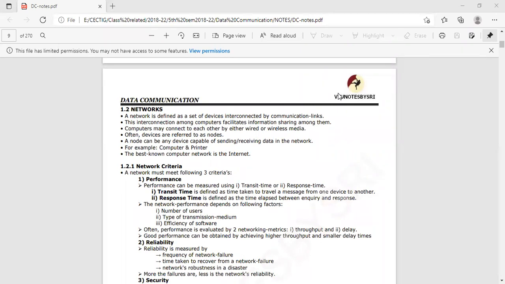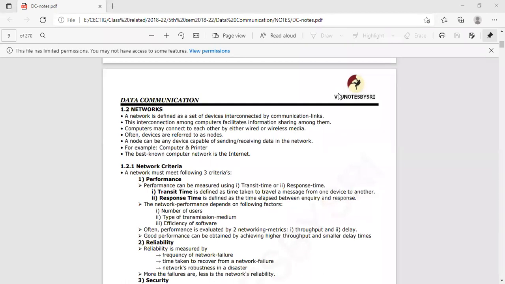So what is the link? These links are established by the internet. So creating a link between n number of devices by interconnecting them via the internet is called a network. All the devices are connected under a particular network. Whenever I switch on my mobile data or Wi-Fi, I am connected with the network. Till the time I switch off my mobile data or Wi-Fi, I am released from the network. I am not connected with the network.